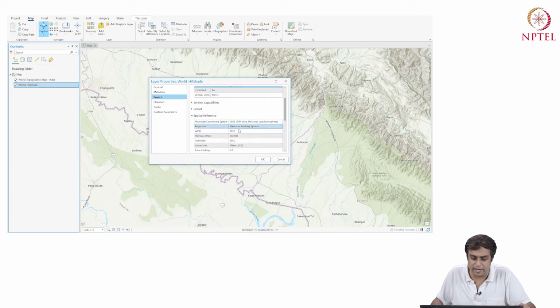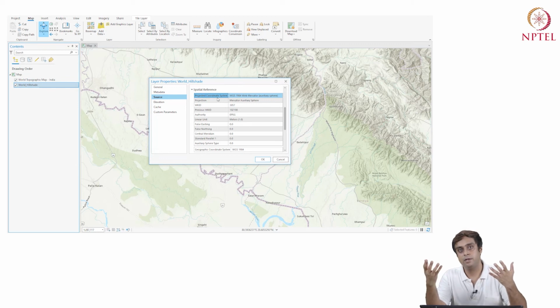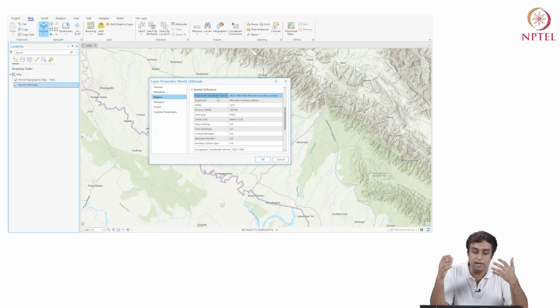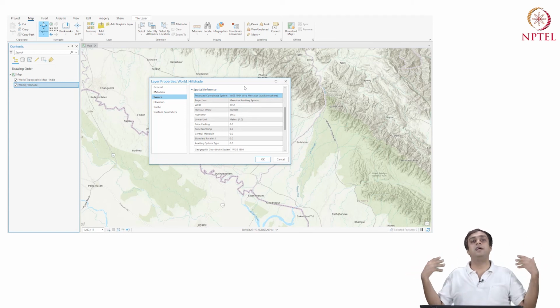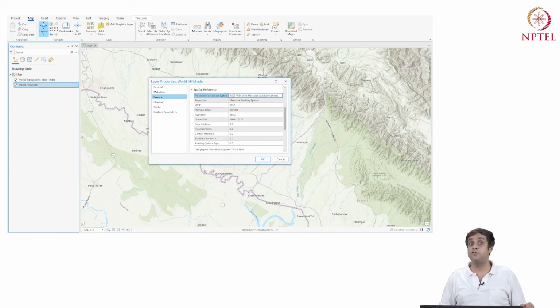And if I click on spatial reference, you have this projected coordinate system. Now, this is something we have formally introduced in our lectures, the geographic coordinate system, right? So here the geographic coordinate system of this map is WGS, the World Geodetic System 1984, something that we again looked at, a standard system of visualizing data, right? Now, if we are putting one layer over the other and we have different projection systems, then that should worry you.